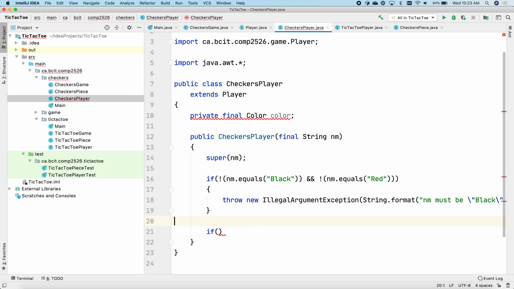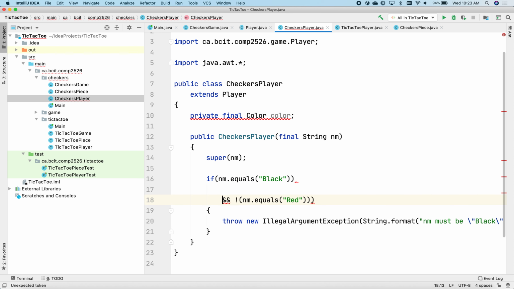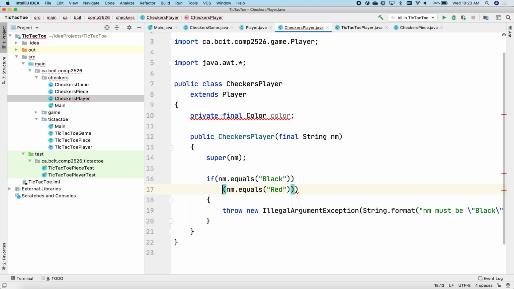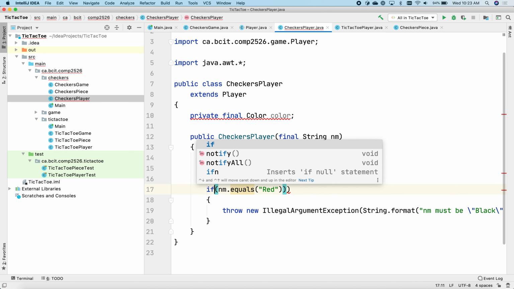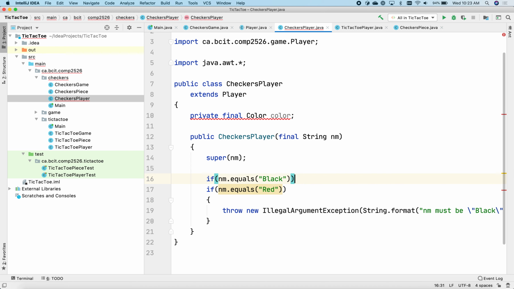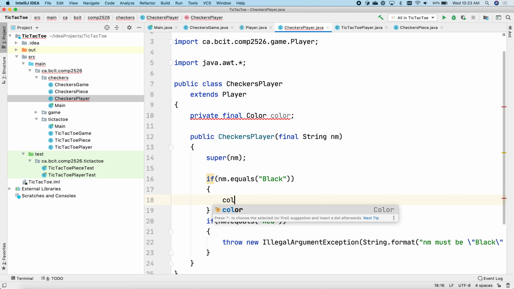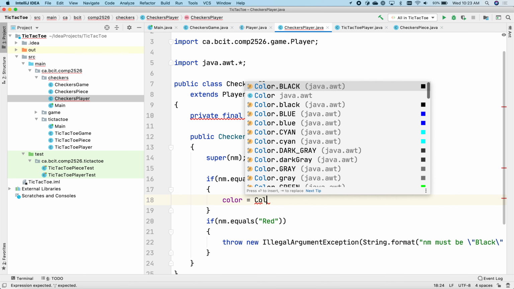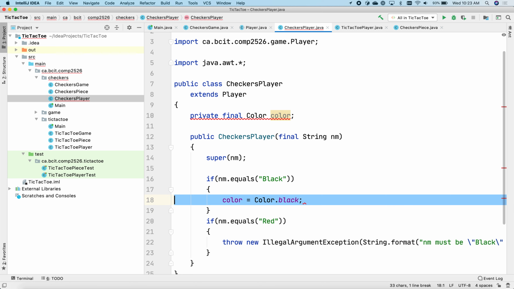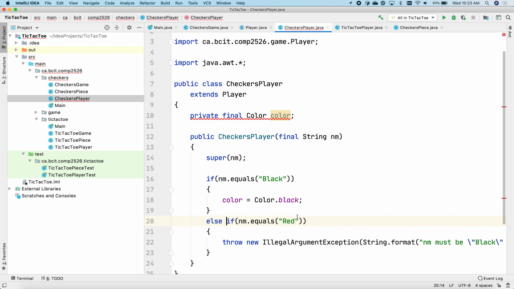But then I actually do still want to have that. Okay, so now we're going to change this if statement to be a little bit different for sanity's sake, so I don't have to repeat myself. So what I want to check is, if the name is black, I want to assign the color to black, else if it's red,